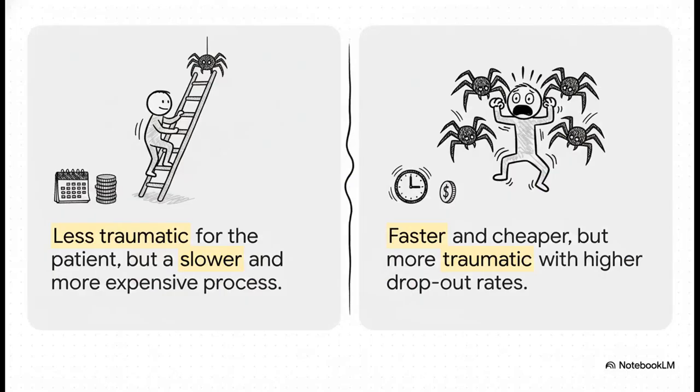Now, when you're evaluating these in an exam, comparison is everything. The big trade-off is basically trauma versus speed. SD is much slower, and because it takes more sessions, it's often more expensive, but it's way less traumatic, so people are much more likely to see it through. Flooding, on the other hand, is fast and cheap, but it can be an incredibly stressful, even terrifying experience. This means it has higher dropout rates, and it's definitely not safe for patients with certain health problems, like a weak heart, because of the massive anxiety it produces. Both can work for specific phobias, but for more complex things like social phobia, you might need a different approach.